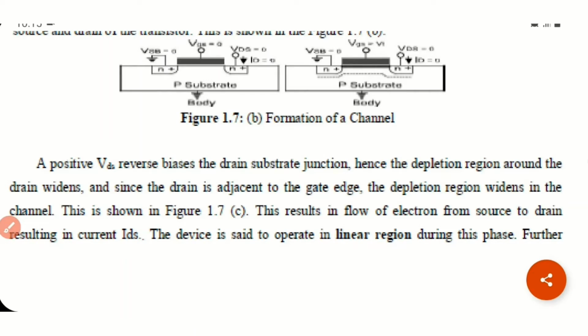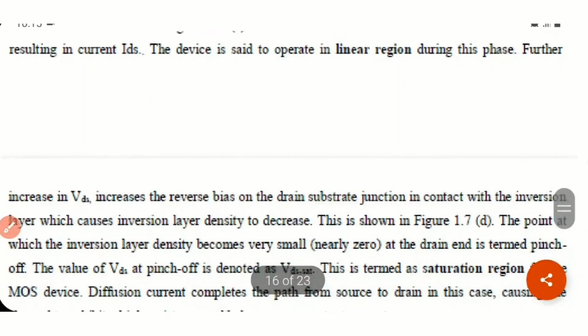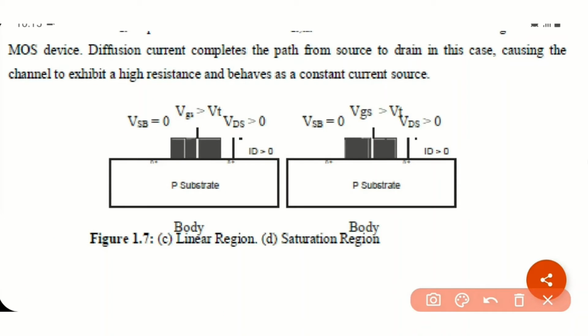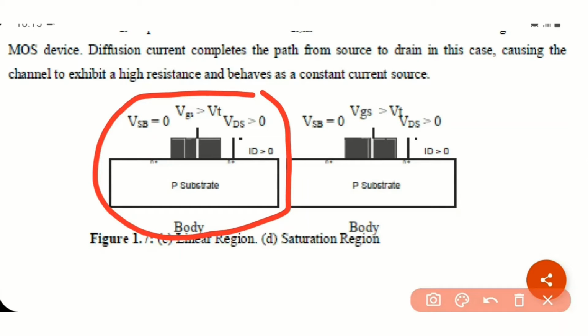First was the cutoff, now is the linear. So this is the linear region, with VGS greater than VT and your VDS also greater than 0. So there will be a linear region. Next comes the